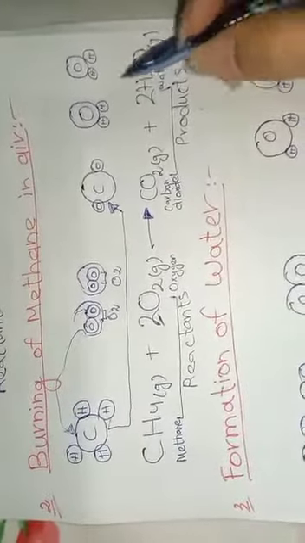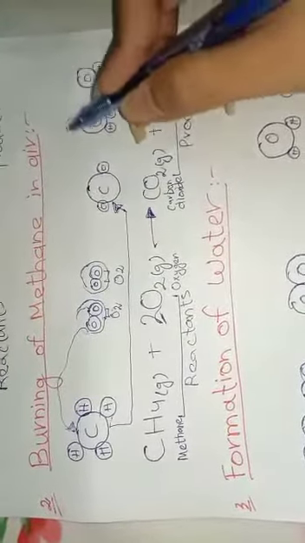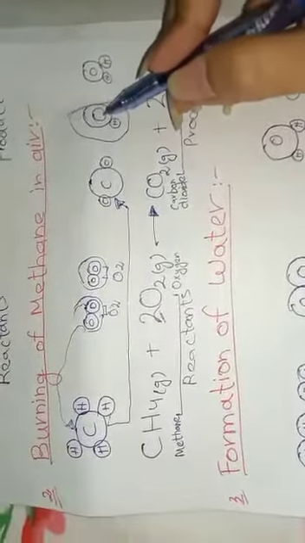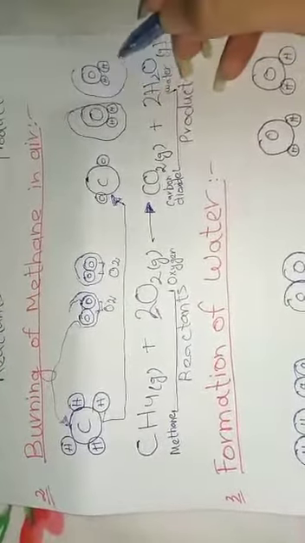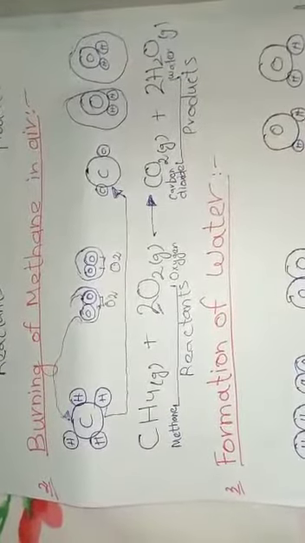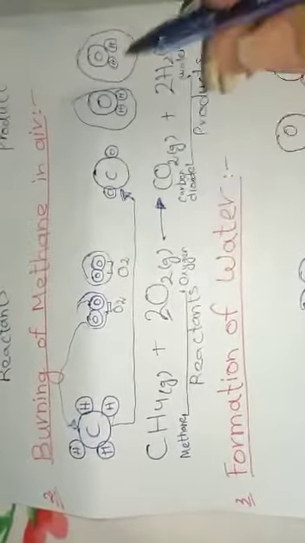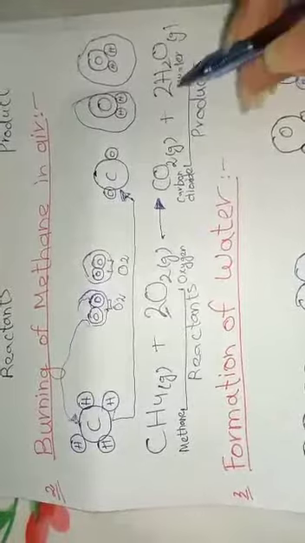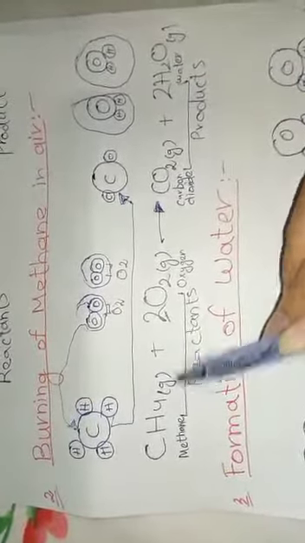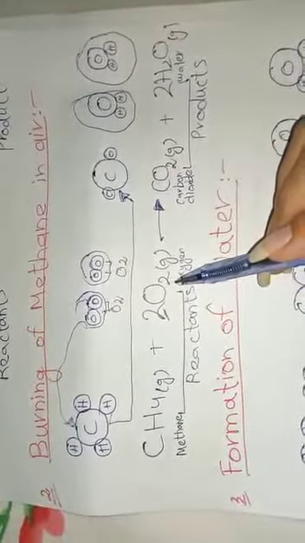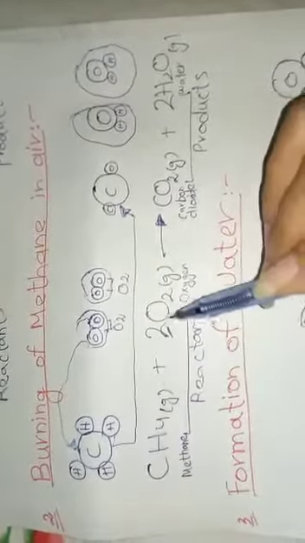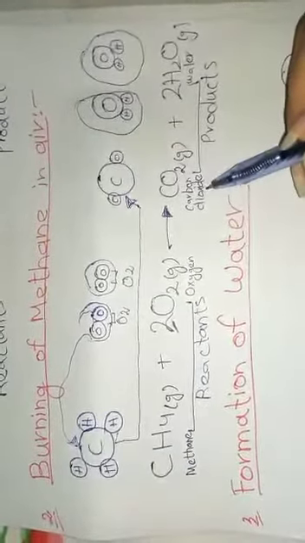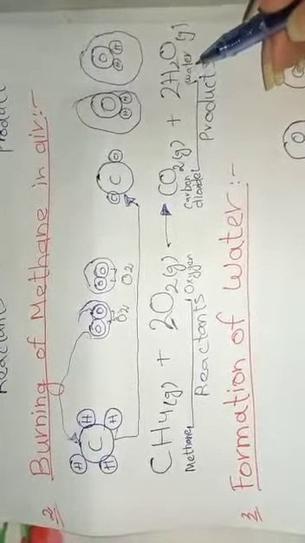So class, here just look at this. Here this is 1 molecule of water in which the oxygen attaches 2 hydrogens, and here this is the second molecule of water formed with the formula H2O. So class, when methane reacts with 2 moles of oxygen, rearrangement takes place, and as a result of the rearrangement carbon dioxide is produced and 2 moles of water are produced.